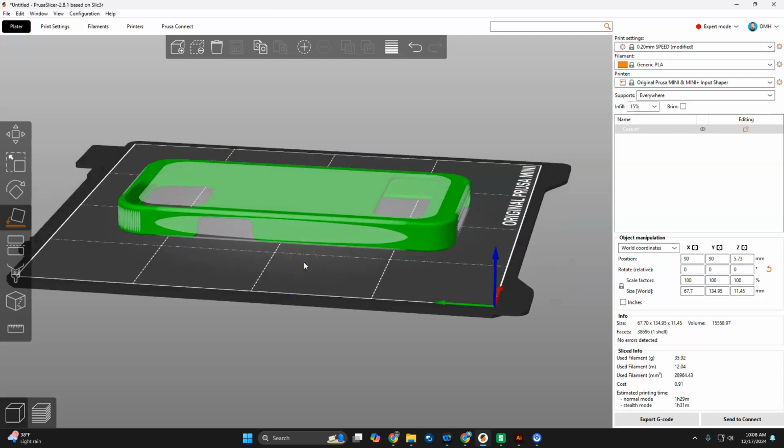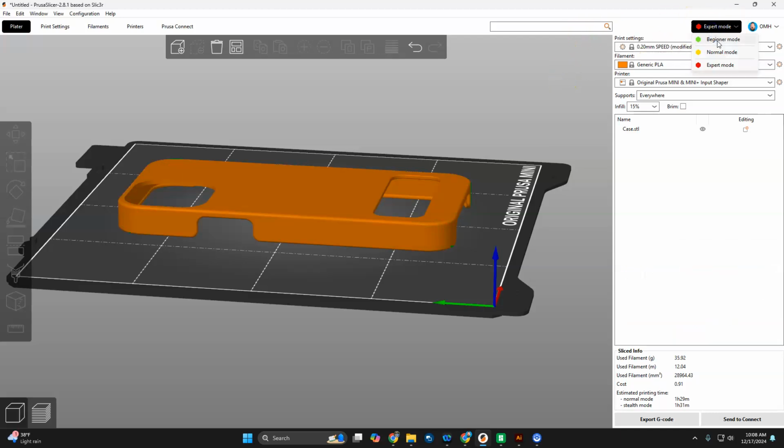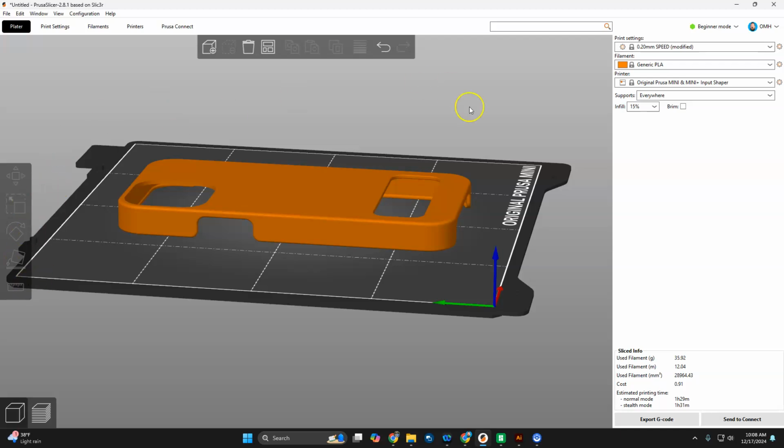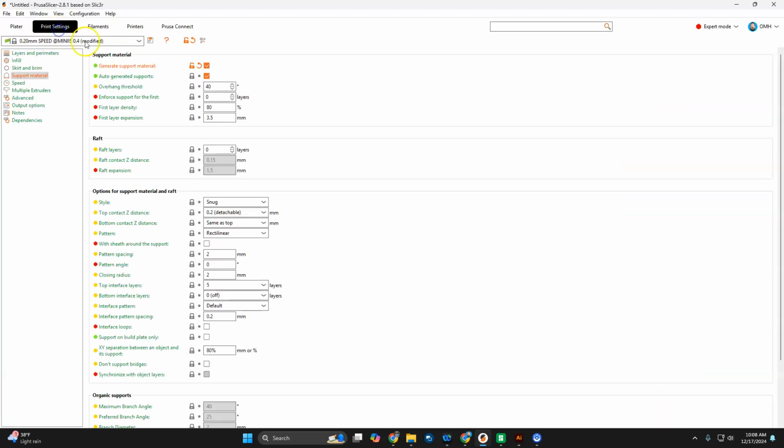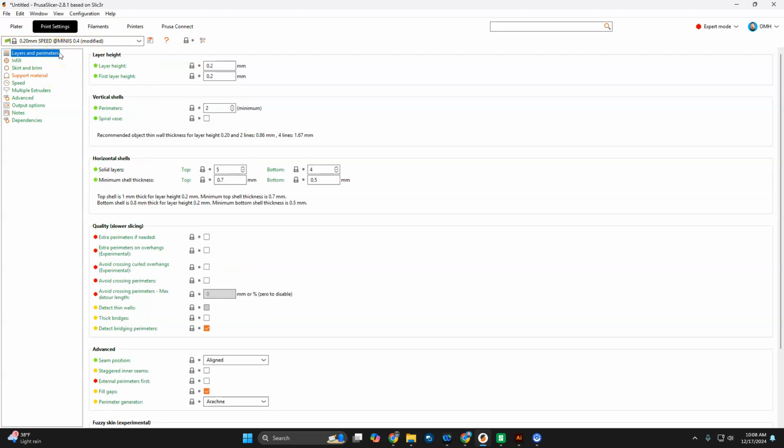Another thing that will save you a little bit of filament and makes cleanup easier is up here in the top right, above where your print settings are. By default, you'll be in beginner mode. That restricts your options a little bit, which is fine. But I like to go into expert mode because that does give you a few more options. And one thing in expert mode that I recommend for most use cases is going into print settings, and conveniently, if you have your